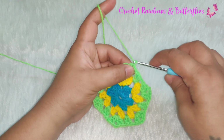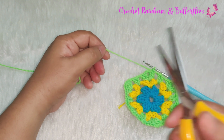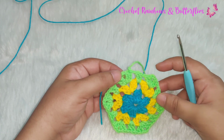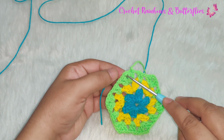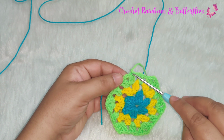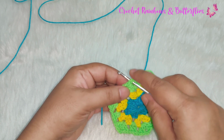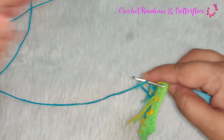And now you chain 1 and cut your yarn. We're going to change the color for the next row. Now for the next row, you need to join your yarn right here. We completed the row here and you have your chain 2 space. You join your yarn right into that space